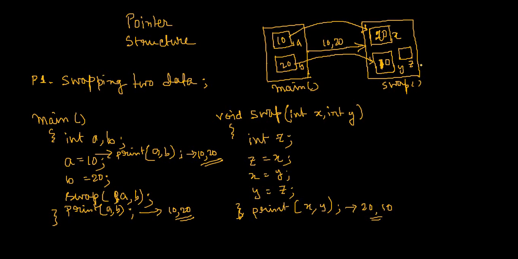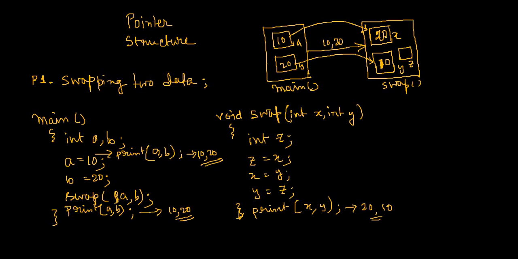Suppose you are standing within the swap function; you cannot touch this variable a and b. If you were able to do this, then you could directly put data 20 in a and directly put data 10 in b. Now, why is this touching not possible? It is not possible because of a specific reason, technically what we call scope.